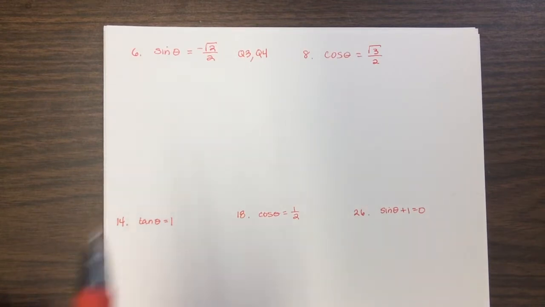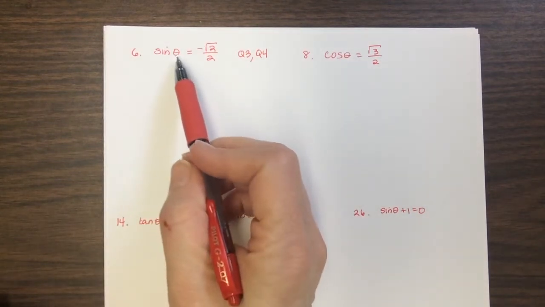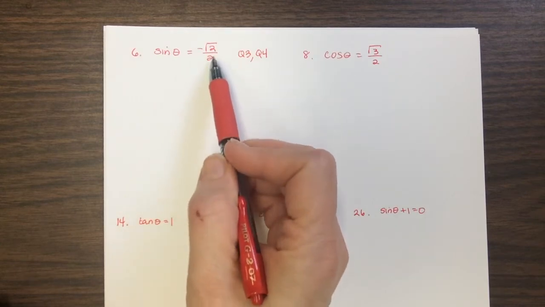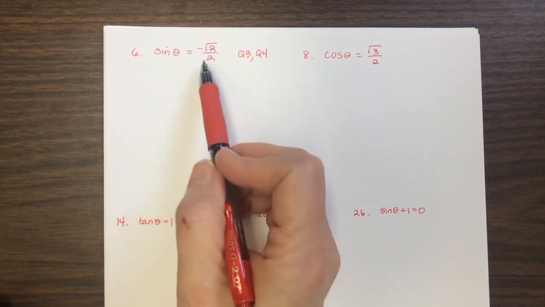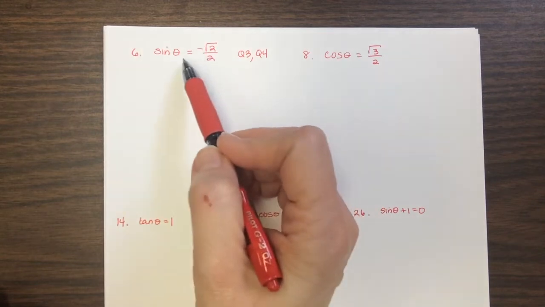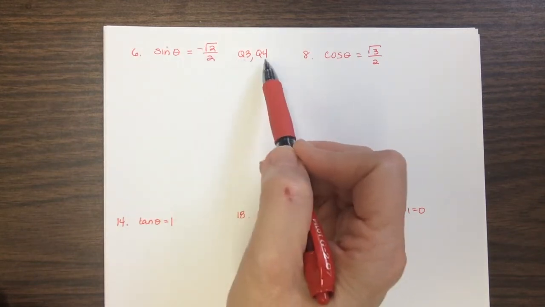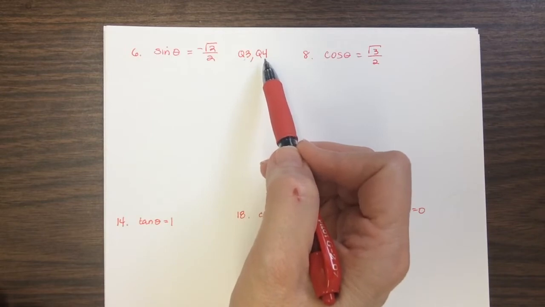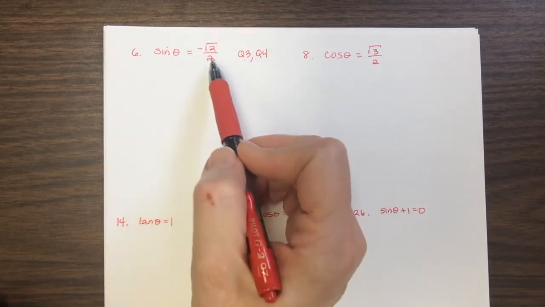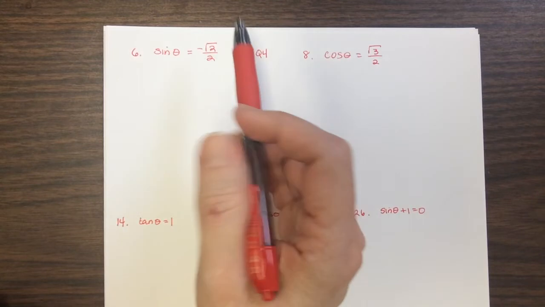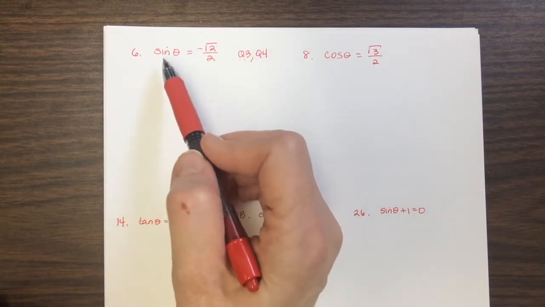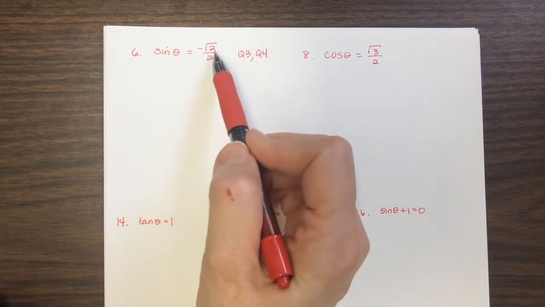Then the other thing I'm thinking about is the sine of what angle is the square root of 2 over 2. Because I know if I can find its reference angle, then I'm going to use that reference angle to figure out what my angle coming out of quadrant 3 is and what my angle coming out of quadrant 4 is. So if I'm just thinking through this, and this goes back to your chart,